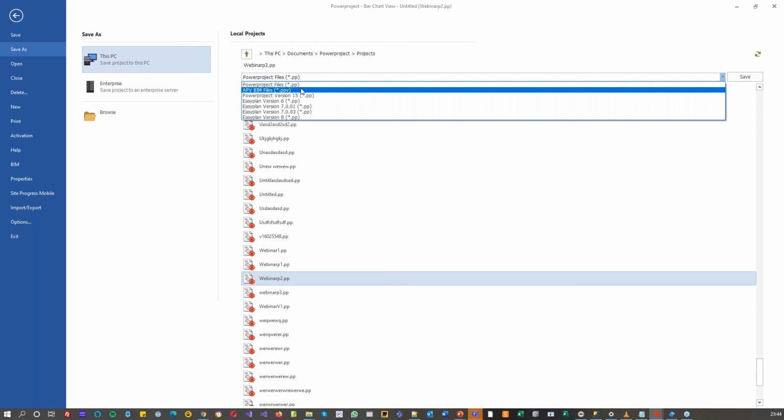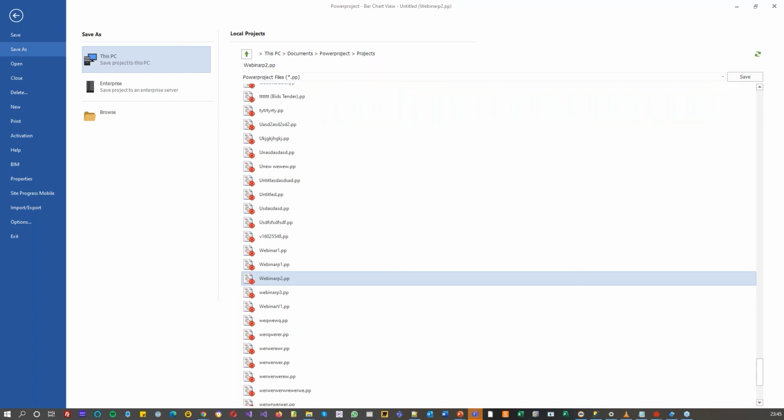One thing I didn't mention here is once you've created all of this, you can save it from Powerproject, and I can do a save as, and I can actually save it as an APV file or a PPV file, which is a Powerproject viewer file. Powerproject has the free viewer that you can download from our website. It's free to download. It is just a read-only viewer, but if someone saves a file like this, it will create a file that contains the model, the project, the baseline, the site objects, everything it needs,